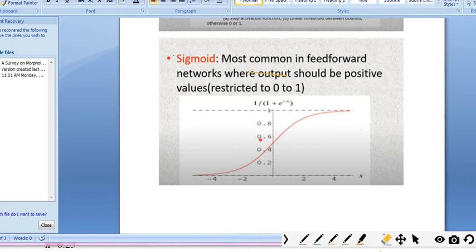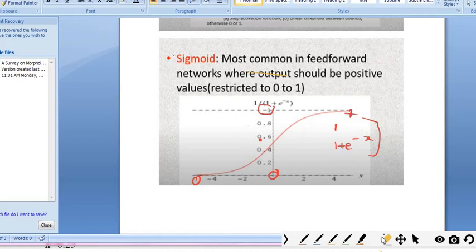So here it is 0 when x is -4. Here it is 0, and here at -2 it is somewhat increasing. It is near 0.15. Then it varies like this, and please remember, the value is restricted from 0 to 1. So here is 1, and this is the 0. The value of this sigmoid function varies from 0 to 1, and the sigmoid function is given by the formula 1 divided by 1 plus e raised to -x. This is the formula for applying the sigmoid function.